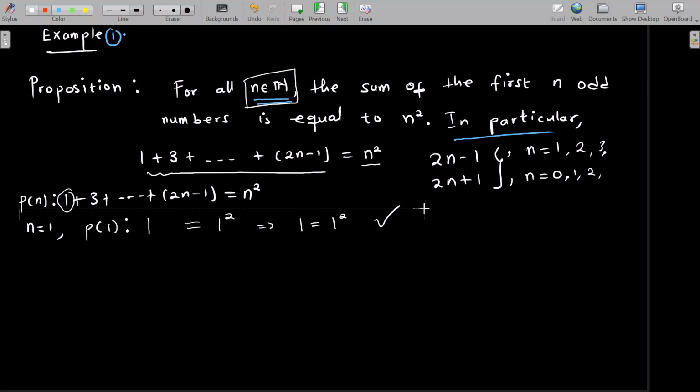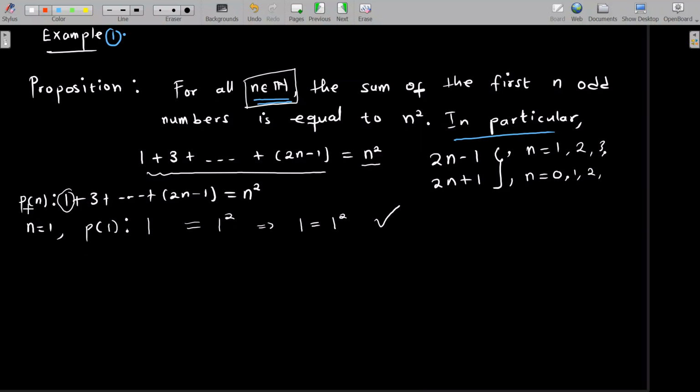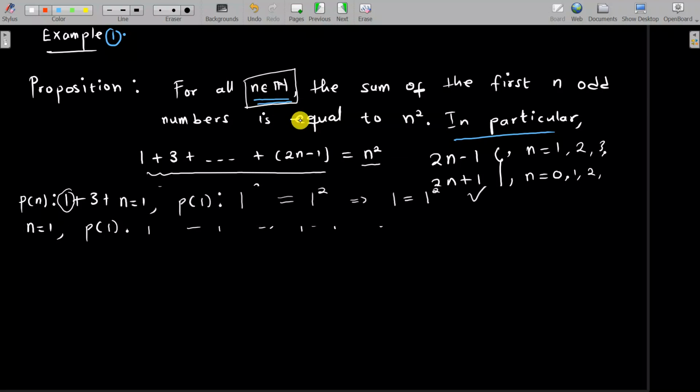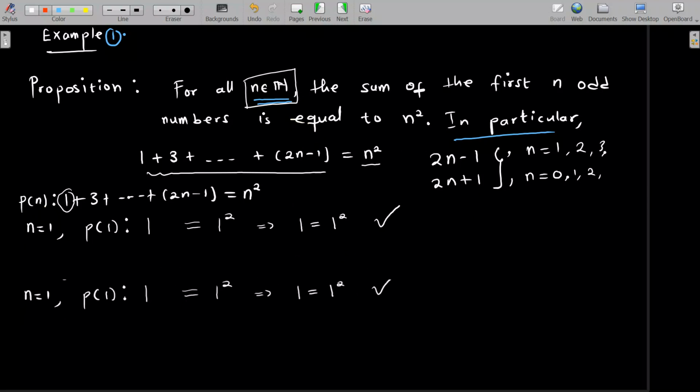Let me put it here. Yeah, still not selecting the proper one. Okay, I think I've got it. So let me put it here and then try to erase the top one. Okay, so we can erase this and then start with a proper